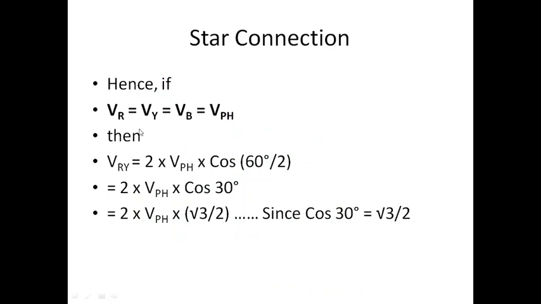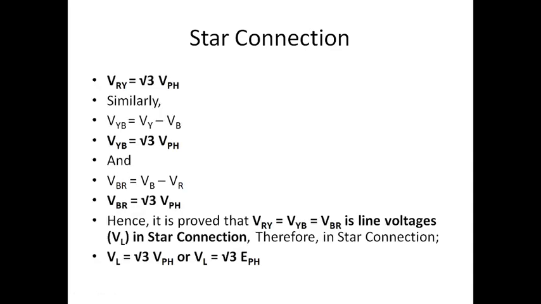And if you see in the star connection, my phase is the same. Phase voltage is generally specified as EPH. In the phase voltage, it will be common. So by a mere substitution, I get that my total voltage is VL equal to root 3 into EPH. Some books specify it as E, which is again voltage. So in your star connection, VR is equal to VY is equal to VB, and VL is the line voltage.